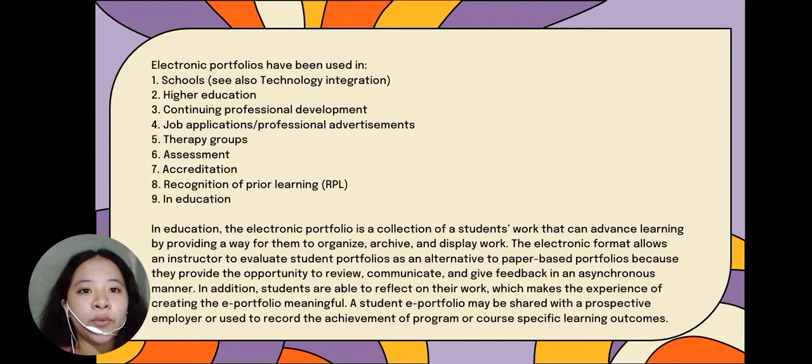Electronic portfolios have been used in schools, see also technology integration. Number two, higher education. Three, continuing professional development. Four is job application, professional advertisements. Five, therapy groups. Six, assessment. Seven, accreditation. Eight, recognition of prior learning or RPL, and nine,